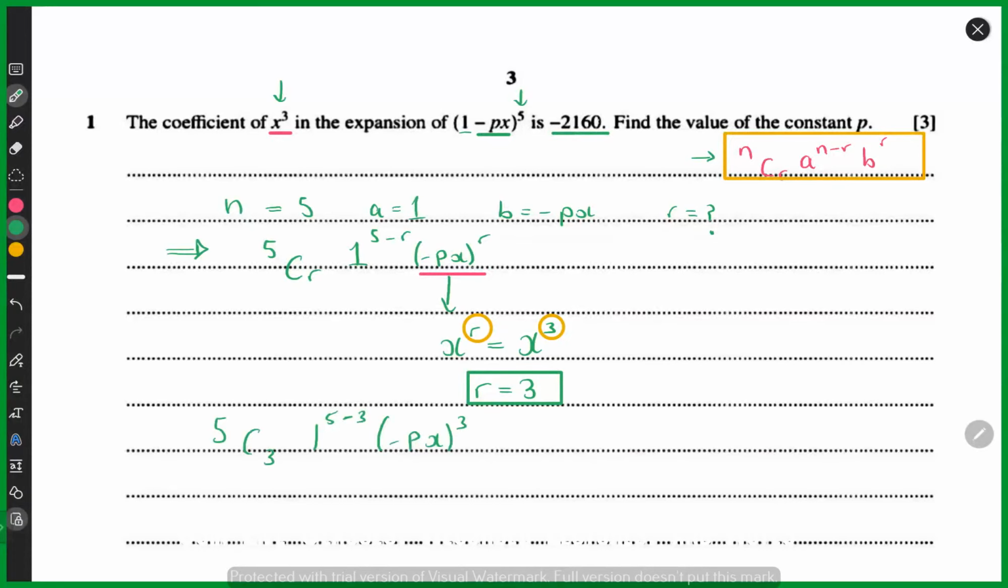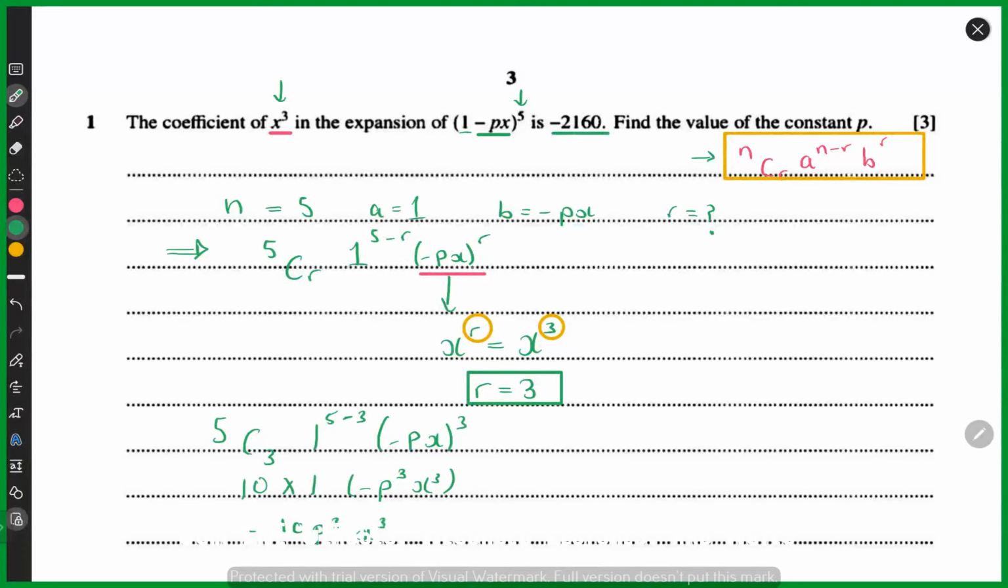Just press 5, then shift, then the divide button, then 3 on your calculators. That is 10. This is going to remain 1, and this is going to be minus p cubed and then x cubed. Okay, when negative is cubed, it would again remain negative, and this is going to give me minus 10 p cubed